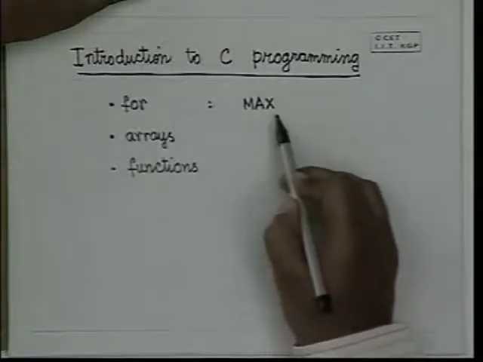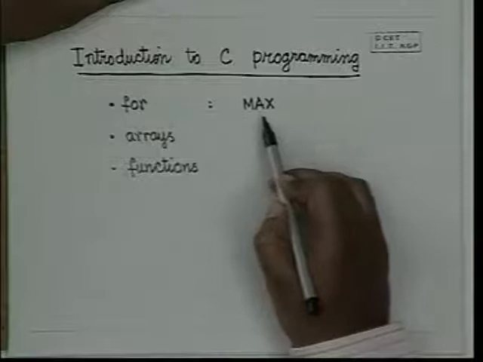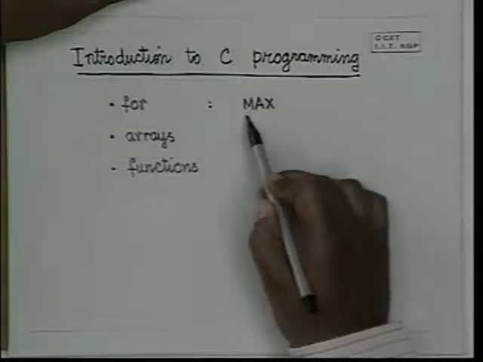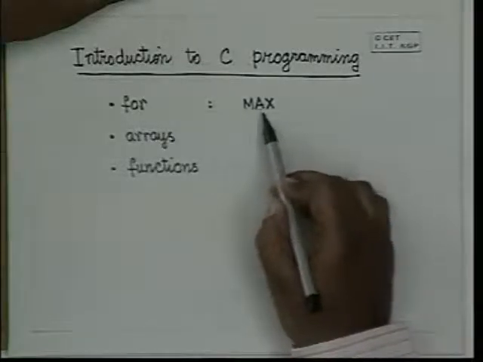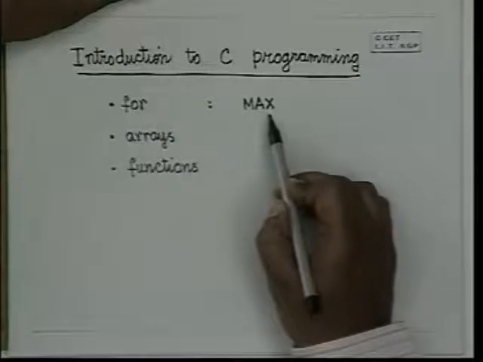So the example that we will take here is to find the maximum of n numbers. I had outlined the scheme for this. You first read in the number of numbers that you want, and then you read the first number and assign it to max. Then in a loop you read each number and update max if the new number is greater than the current maximum. That is what we translate exactly into a C program in the next example. So let's go and see the example.